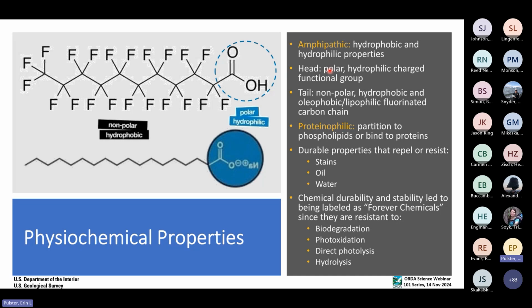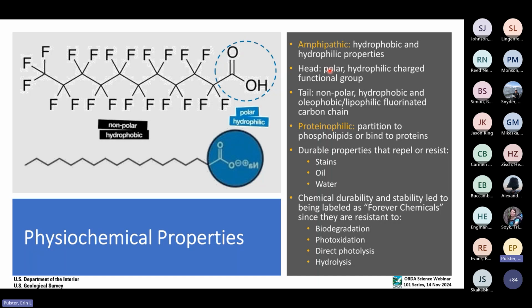One of the main differences between PFAS and some of your legacy compounds like PCBs or PAHs is PFAS binds to proteins as opposed to lipids. So when you're looking for PFAS, you want to make sure you're looking for those protein-rich tissues